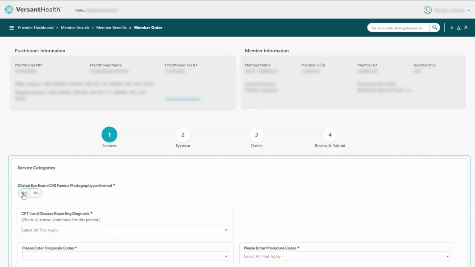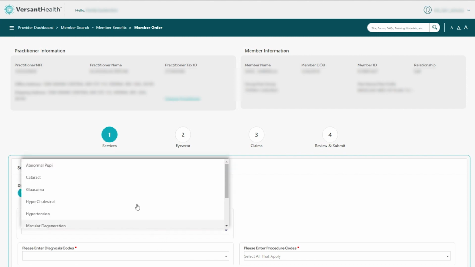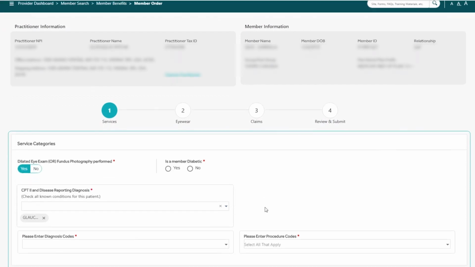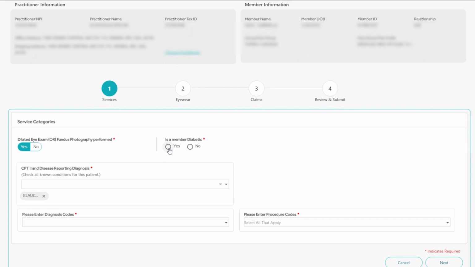Dilation eye exam or fundus photography performed. Use the CPT2 and Disease Reporting Diagnosis drop-down list to choose any diseases that affect this patient's health. Select the checkbox beside each disease that applies. Click Yes if the member has a form of diabetes or click No if otherwise. If you select No, an additional conditions list drop-down list displays so you can select other health conditions that may